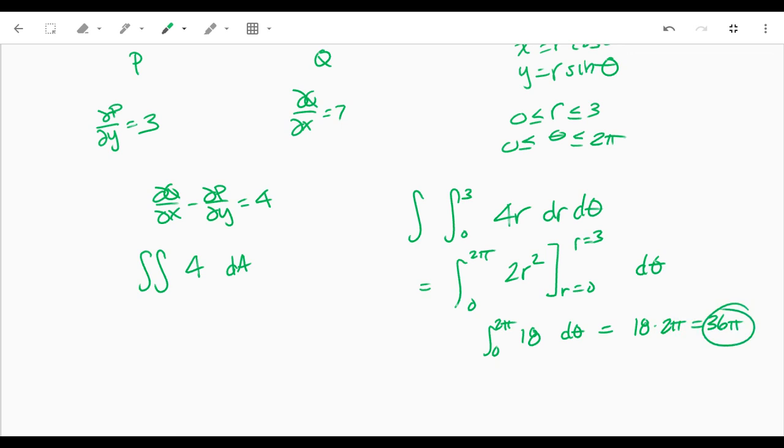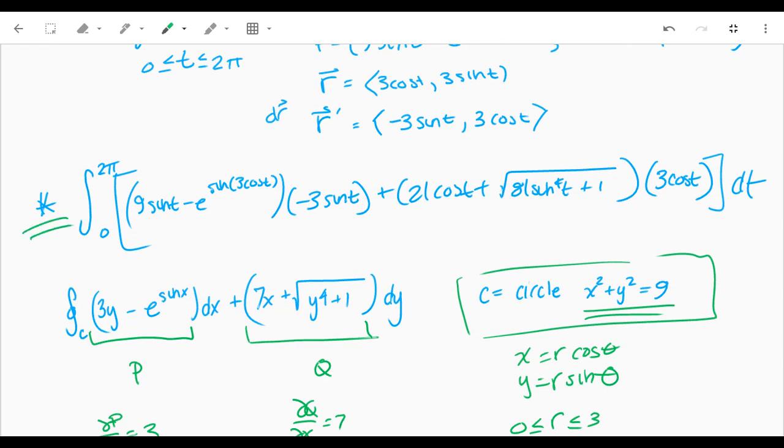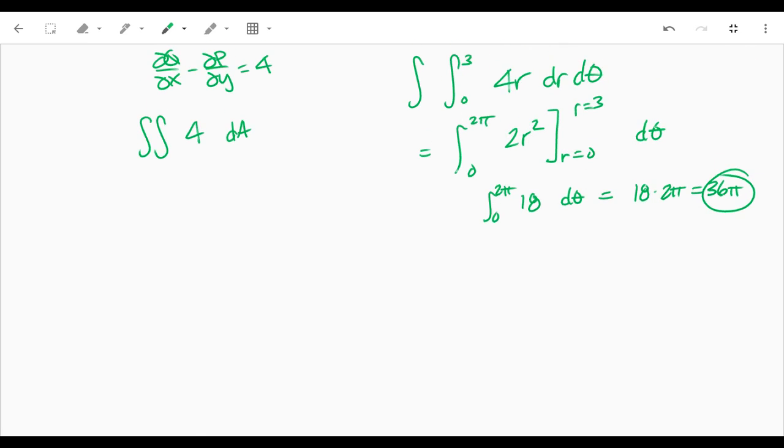Okay, I think I did that right. I know I went through it kind of quickly. But there you go. Okay, if you would like, see if you can figure out how to do that and get the same answer. But I think Green's theorem helped you out quite a bit there with that one. Okay,